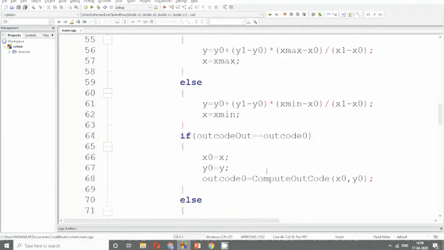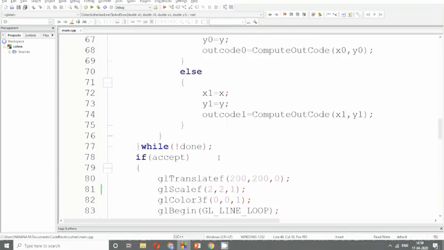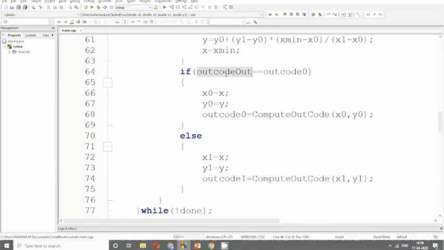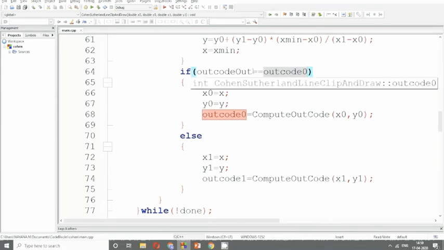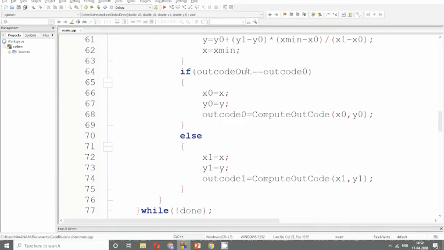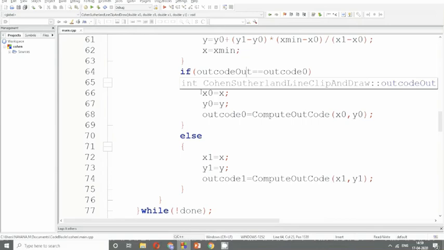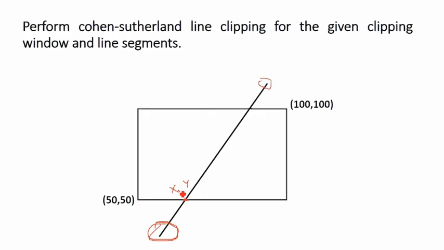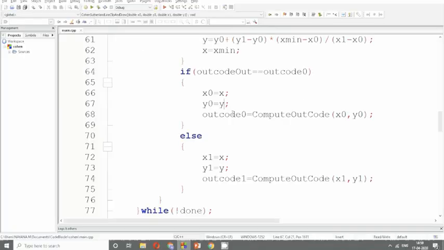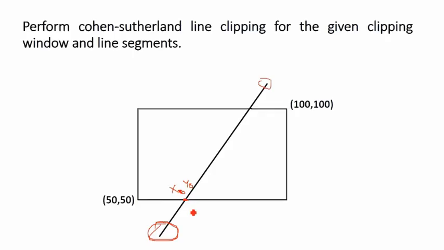I'll see, it is not in right. It is not in left. Again, I'll go here. Since outcode out is equal to outcode 0, meaning my current processing point is x0 and y0, I update my x0 and y0 with x and y. So this point I'll take as x0 and y0.